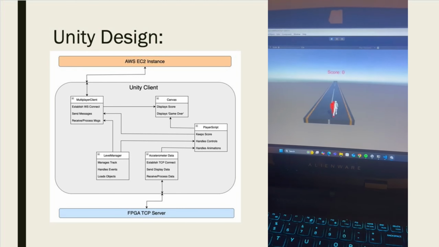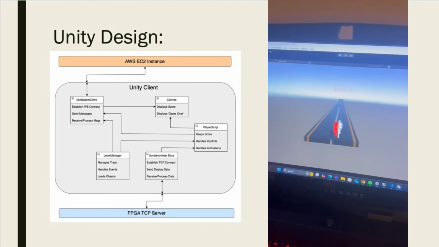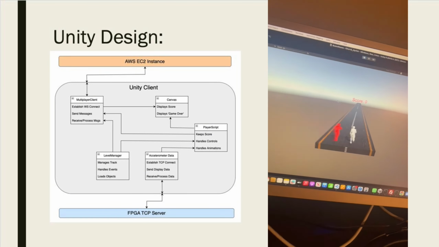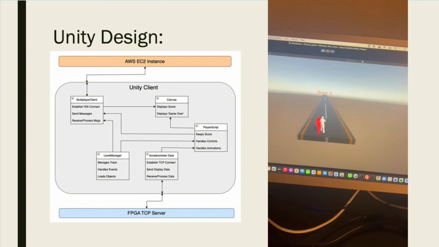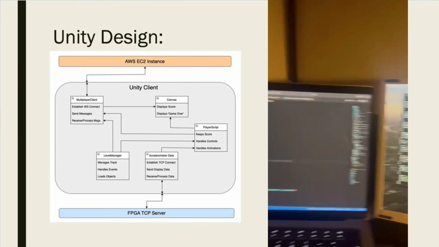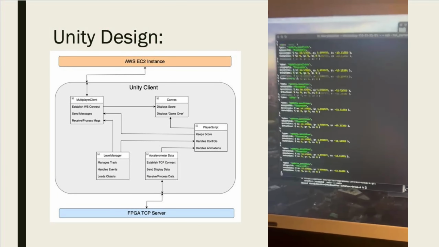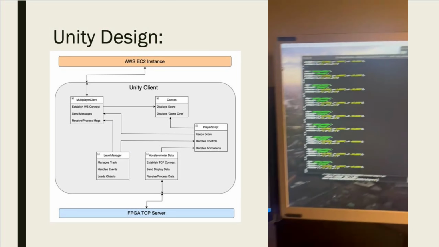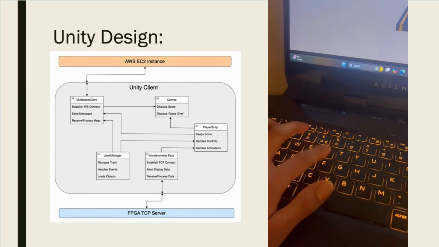So this is one of the Unity clients. As you can see, as I move here, you can see it on the other client over here. Same goes if I move here. You can see the avatar move on the other screen as well. This is the AWS server, showing all the update position messages. And see if you press R,